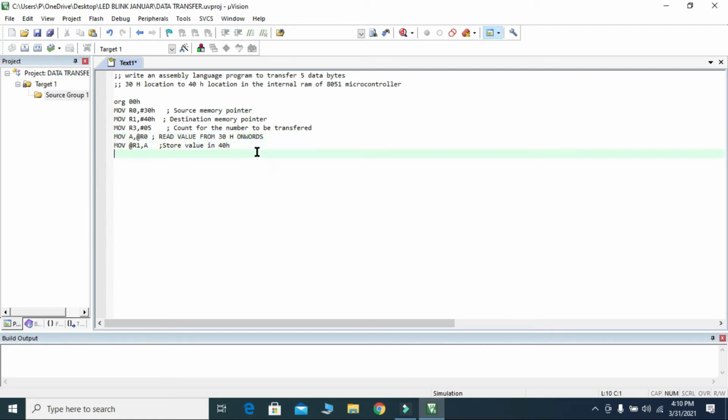Now I need to increment. INC R0. Initially R0 is 30, next time it is 31. So here I need to increment R0 and increment R1 also. What we are doing is pointing to the next location.